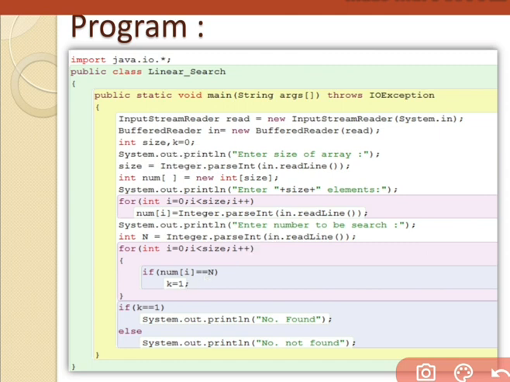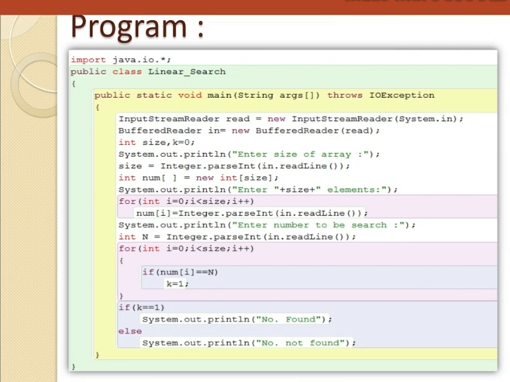Then after completing the loop, we have to check whether k is equal to 1 or not. K equals to 1 shows us we are having that element, means number found. Else, if k equals to 0 remains the same in the whole loop, then number not found. It is an easy technique.